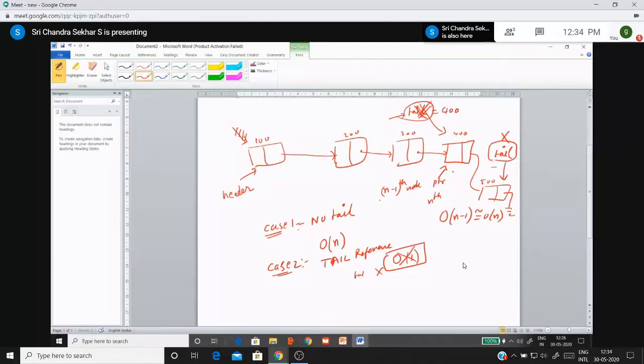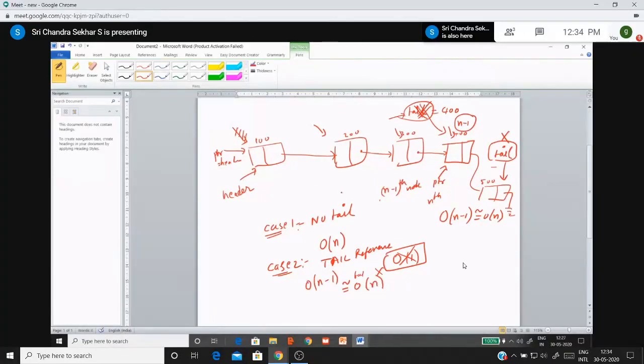So in order to have a pointer to the previous node, that is the n-1th node, again you have to make all these operations. You start with the header node with a new pointer. In the first step, you set it equal to header. You traverse from the first node to the second node to the third node to the fourth node, that is the n-1th node, and then you can delete it. To make a pointer to the n-1th node, you have to traverse from the first node itself, and you have to make n-1 operations. Therefore, the time complexity is big O of n.